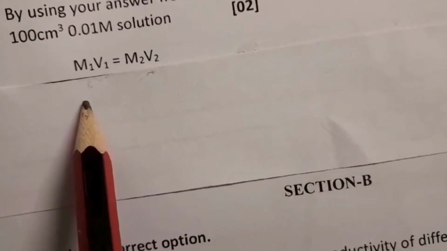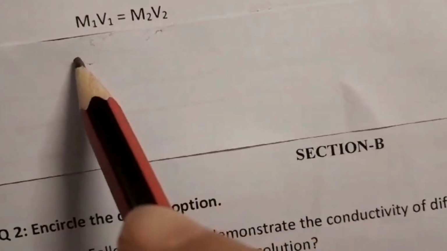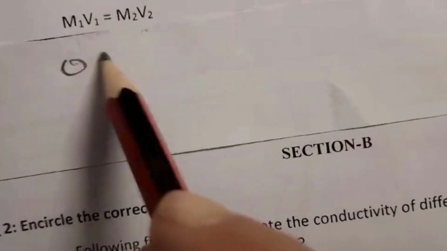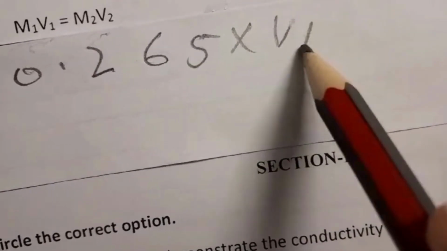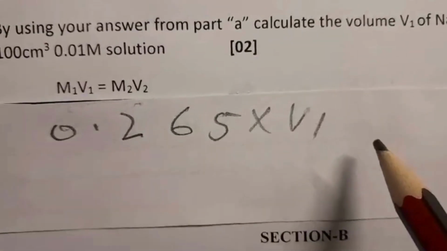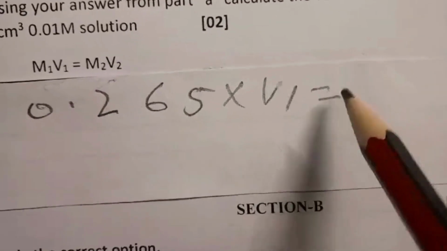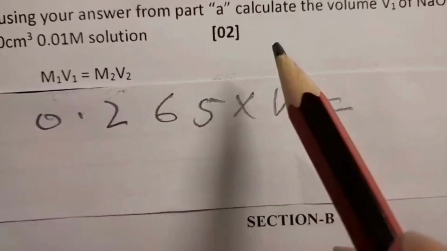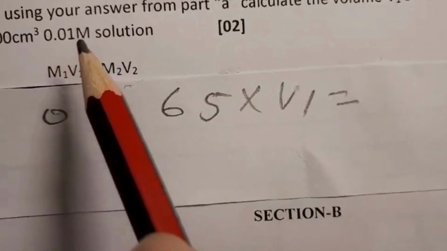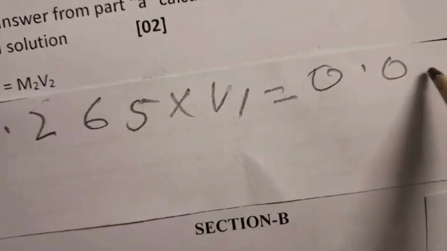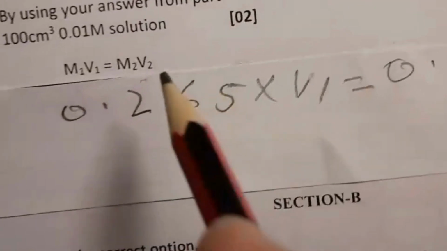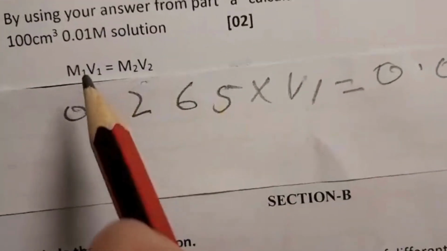So M1, the molarity of the stock which we have calculated, that is 0.265, and V1 we will calculate, the volume of the stock which we don't know, is equal to M2, that is the molarity of the desired, that is this 0.01 M, 0.01 into volume of the desired 100